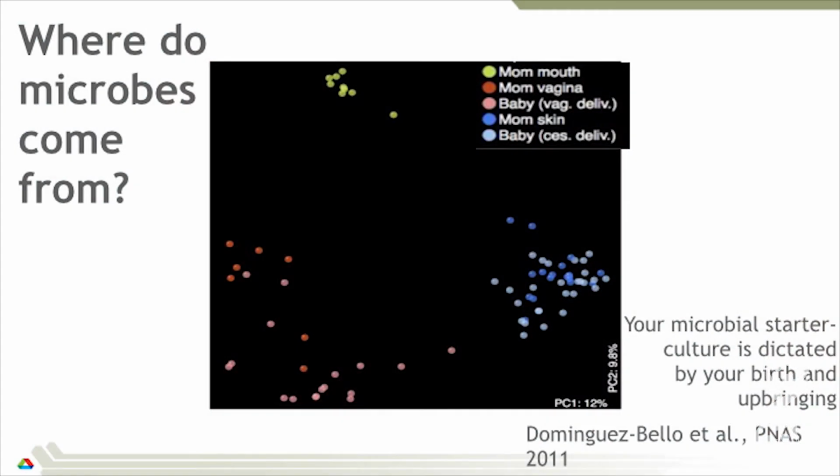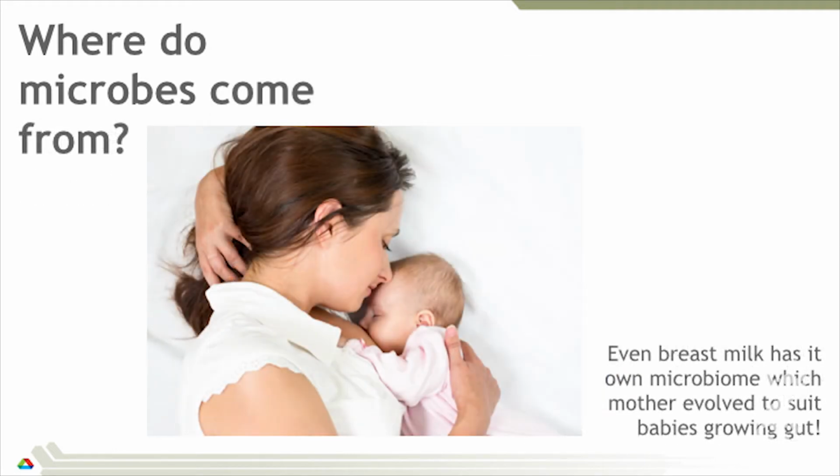Where do the microbes come from? I'm very interested in this. Maria Gloria Dominguez-Bello showed that bacteria associated with the vaginal cavity actively colonize you if you're born via vaginal delivery, and if you're born via cesarean, you look like mother's skin. And then you get bacteria from the mother's breast milk. The mother actively recruits bacteria from her gut and from her oral cavity, which goes in via the lymph system and is deposited into breast tissue, creating a symbiotic. It's a prebiotic with lots of lovely fats and sugars and proteins, and then a probiotic of these microbes that are pumped directly into the baby.